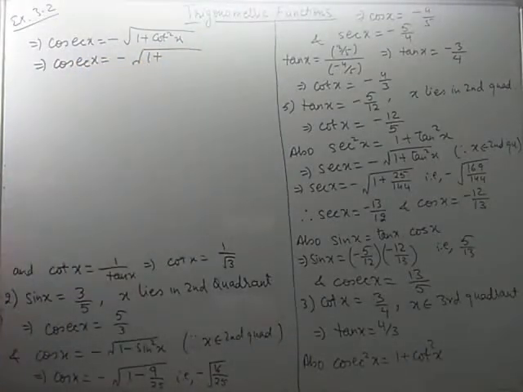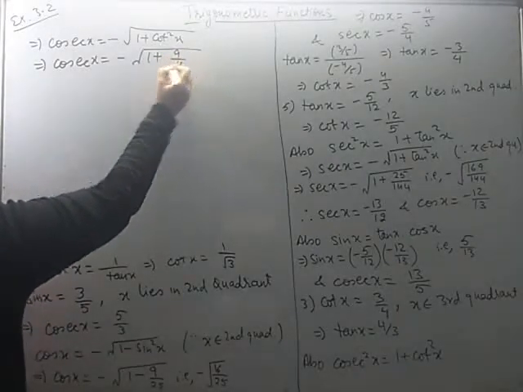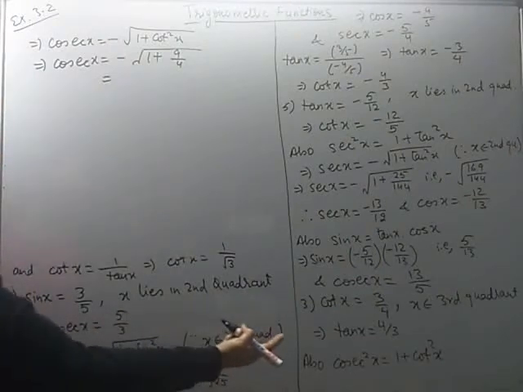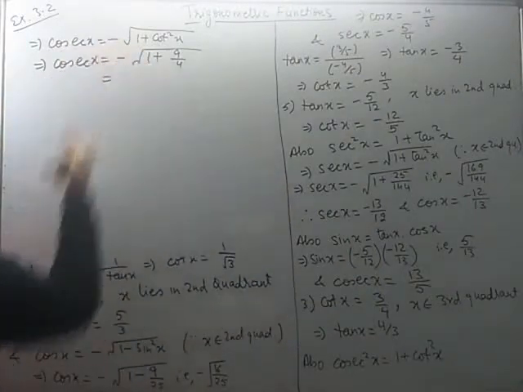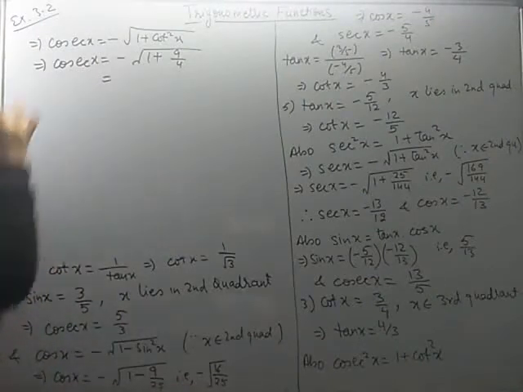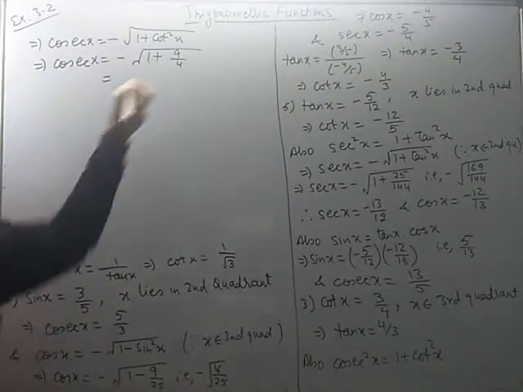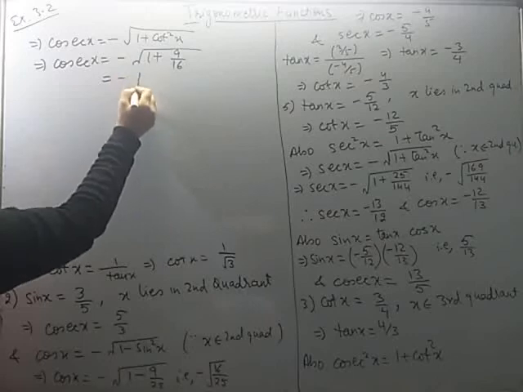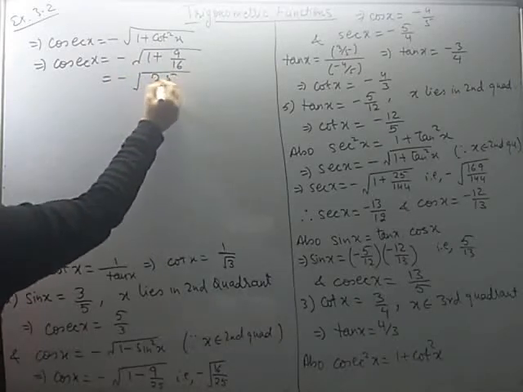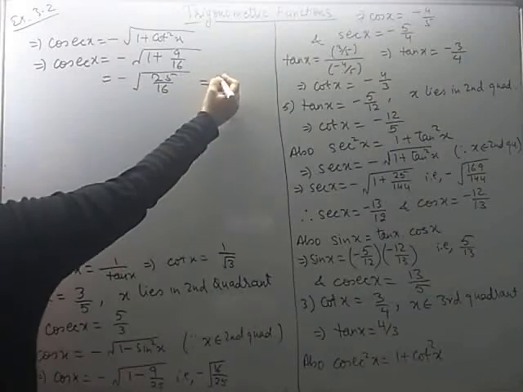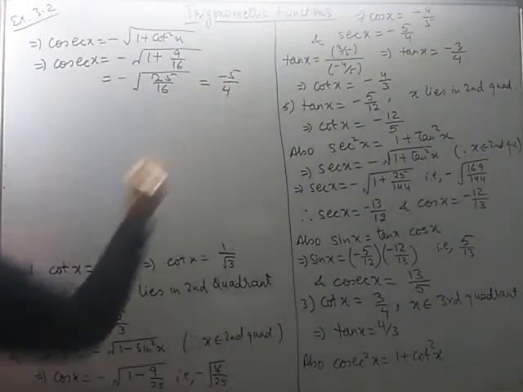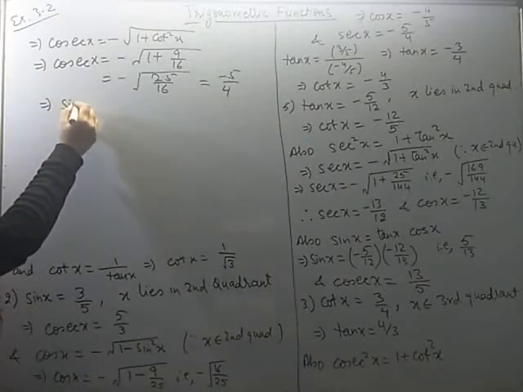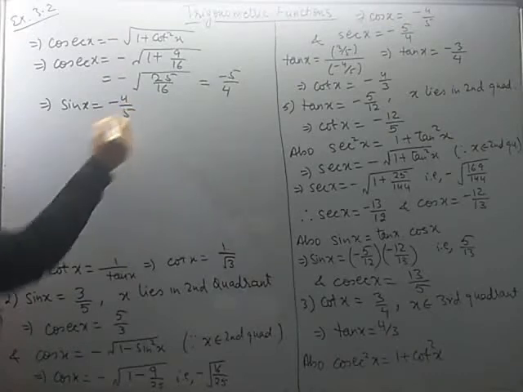It will be 1 plus cot square x. In between I said it is 1 plus tan square x. Please ignore that part. We know cosec square x is 1 plus cot square x. Okay, so doing the substitution, square of 3 by 4 comes out to be 9 by 16. Now go for taking LCM. It comes out to be 25 over 16. Both are perfect squares, you can see. And cosec x comes out to be minus 5 by 4. Now once cosec is obtained, we can write sin x. It will be minus 4 by 5.